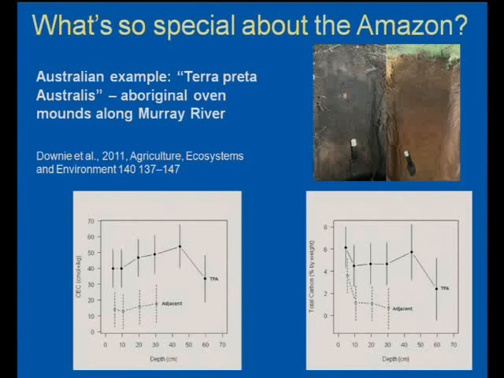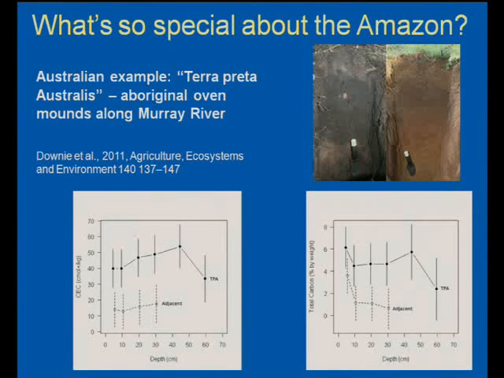surrounding soils. This is some work I did with a number of other people, and it's been recently published on what we call Terra preta australis, so these terra preta soils in Australia. And these soils have been developed on areas where charcoal deposition over many centuries has happened. These are Aboriginal oven mounds sites along the Murray River, and the thing to note is, again, we're seeing this difference in the colour of the soil, so we're getting very dark soils where we have a lot of charcoal,